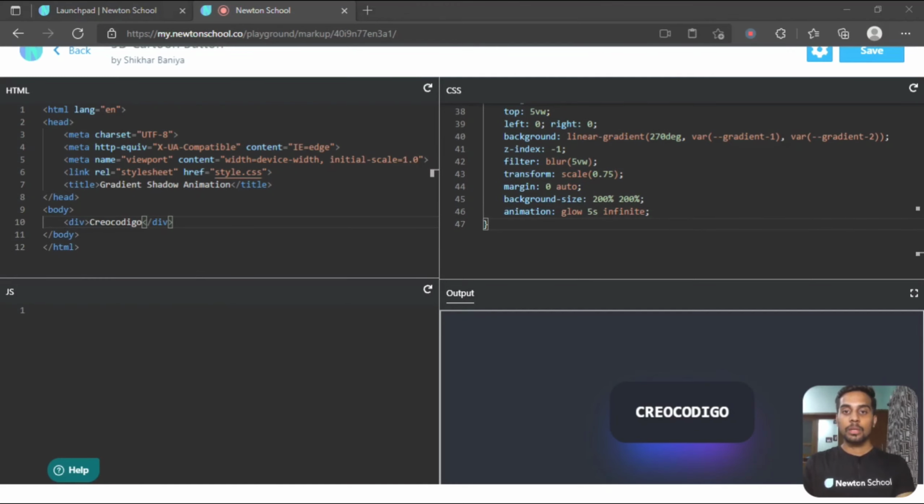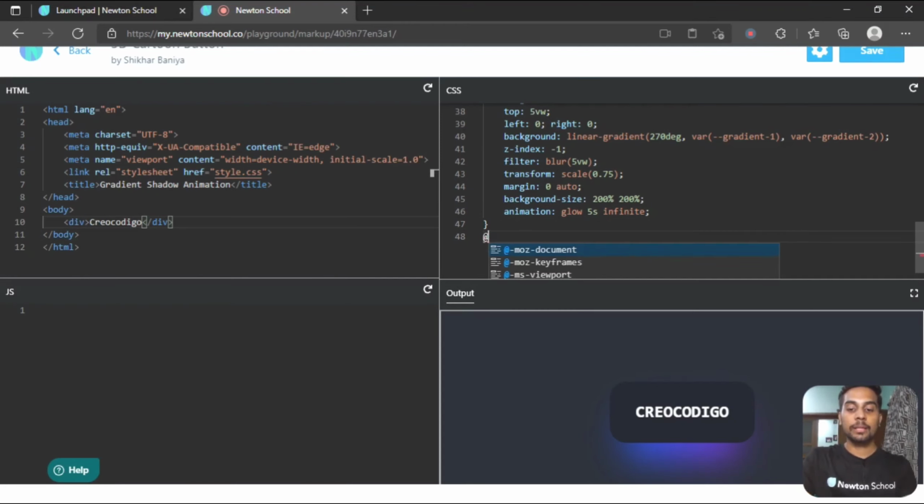Now let's declare or define our glow animation. In order to declare an animation and its name, you have to use @keyframes, and then specify the name of your animation, which is glow.